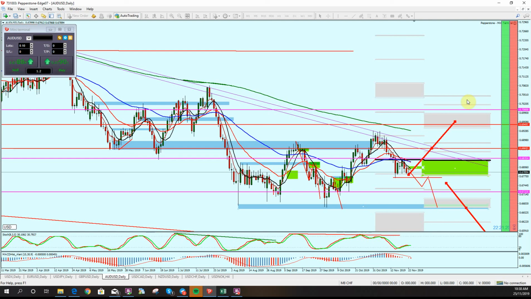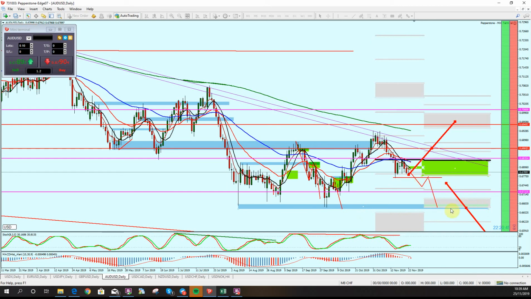So it just depends on which direction you want to go. Do you want to be a bull or a bear on the USD, or a bull or a bear on the Euro? Those are the plans I would be looking at. A short is plan A up to this zone on the weekly, and then down to this level. Plan B is a breakthrough, retrace, retest, and down to this level. Monthly for next month, if we're up in this zone at the end of the week, you'd be selling next week for a target down here again.